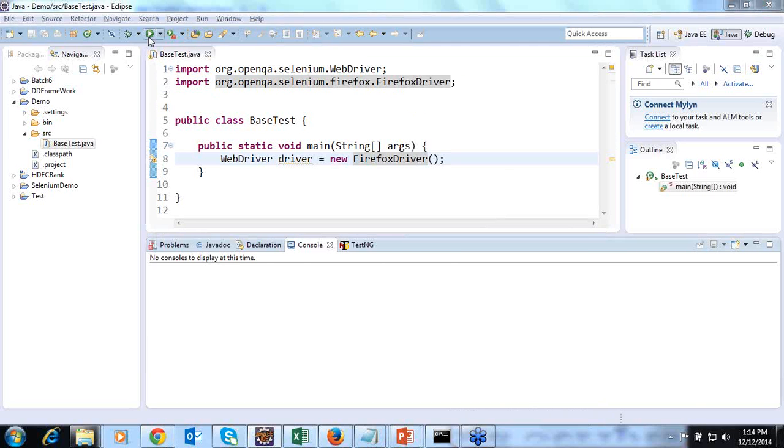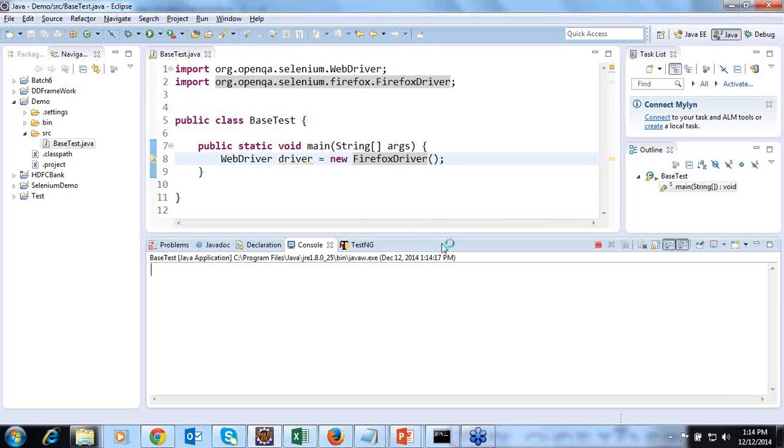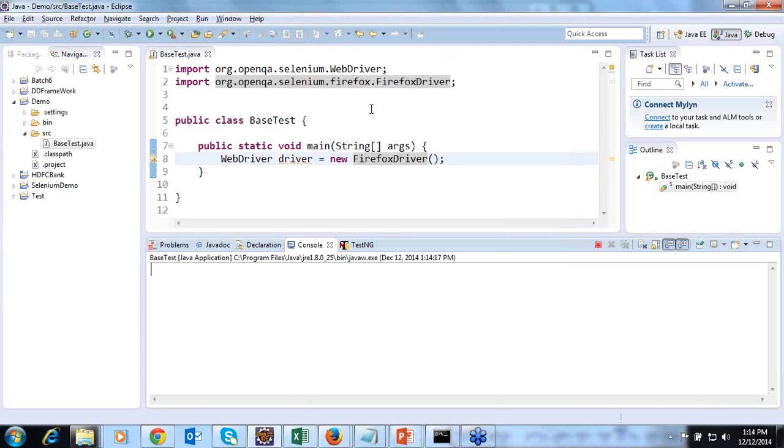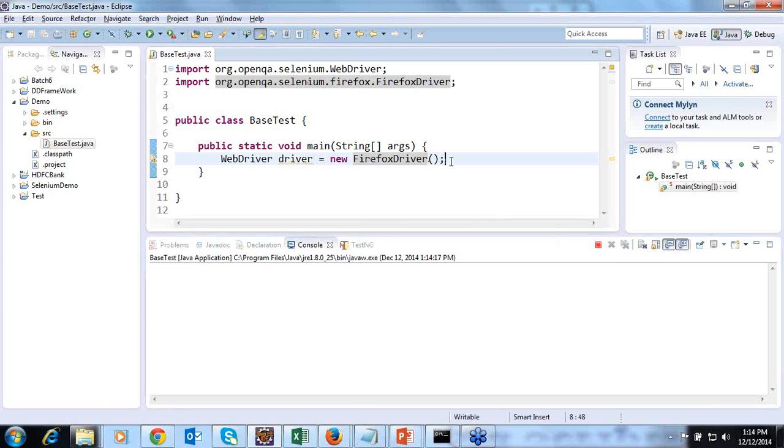Let me click on run and it will take some time. And it launches the browser. So this confirms that the WebDriver APIs have been downloaded and added as external jar files to Eclipse. From here onwards, you can start automating the functionality of your application.